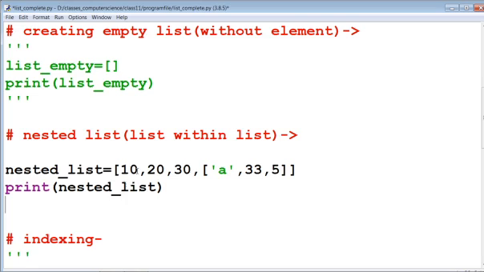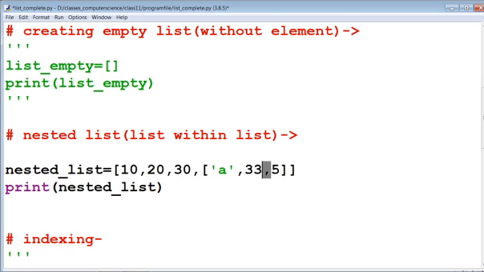We have input the values 10, 20, 30. Again we have created another list. This list contains 33 and 5, and this one is the larger list, which contains 10, 20, 30, and the values of the inner list, 33 and 5.